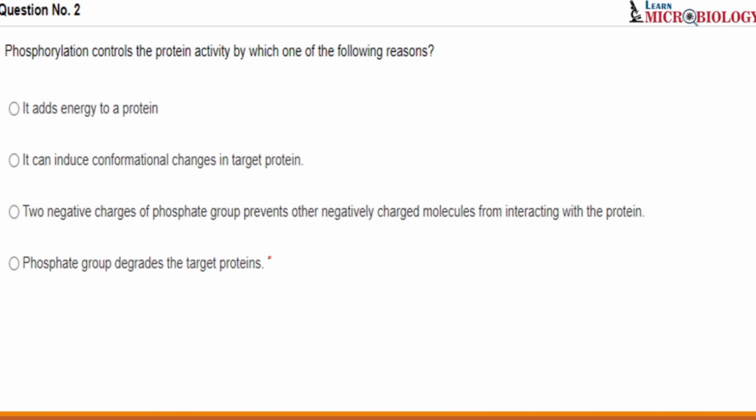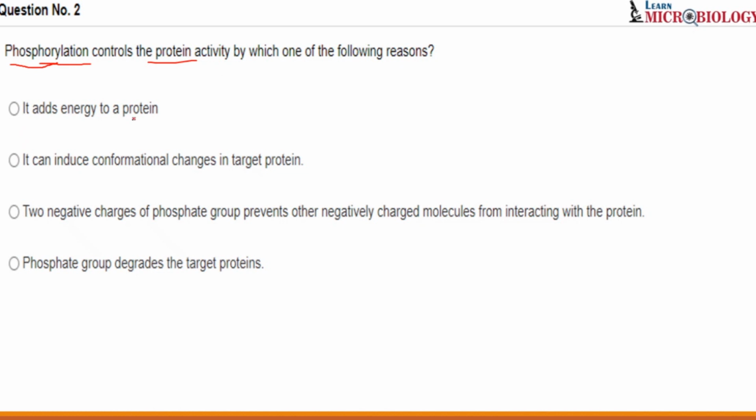Okay, let's move on to question number 2. And here is question 2. Phosphorylation controls the protein activity by which of the following reasons? Okay, so what happens, students, whenever we read such questions, we get so confused and we just skip the question. But you have to read the question with an open mind. It's very simple. Just see what is asked. Phosphorylation. I hope you know that phosphorylation means addition of a phosphate group. Now when phosphorylation takes place, or addition of a phosphate group takes place, to what? Protein. Now this controls the protein activity by what?